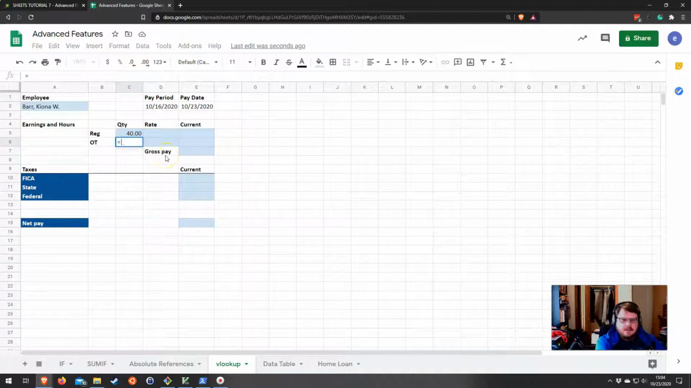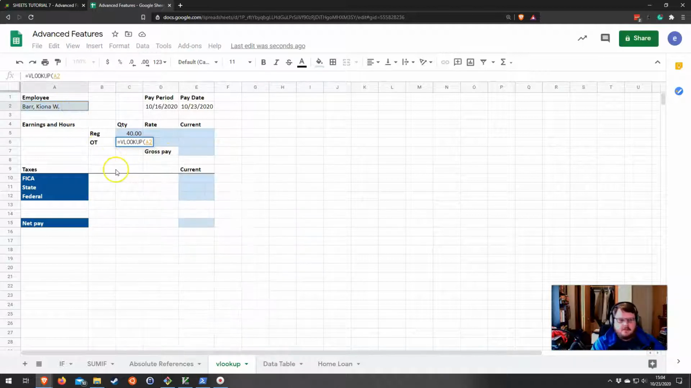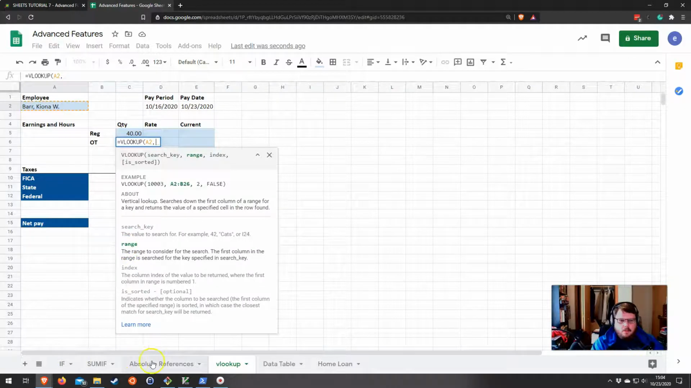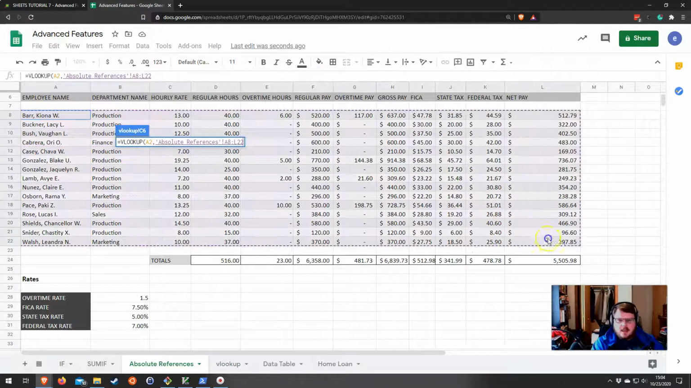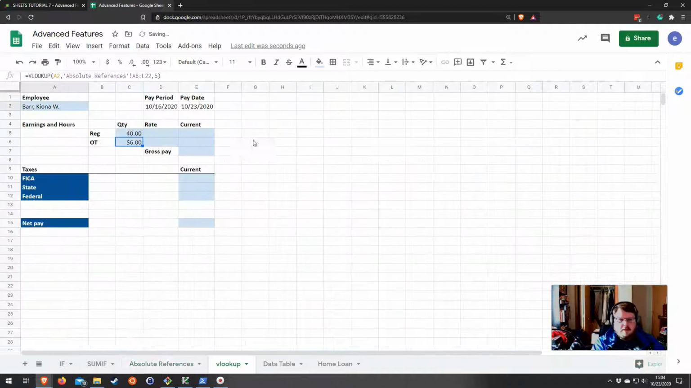You got to do the same thing on these ones. So VLOOKUP, follow the same thing. We want to look for this person, comma. We want to select the entire table, comma. And this time we want overtime hours, which is 1, 2, 3, 4, 5. So we'll put a 5. And then hit enter. And that should give us